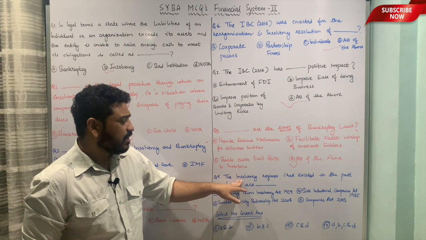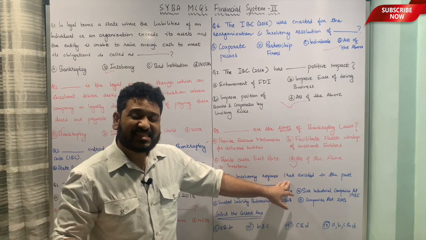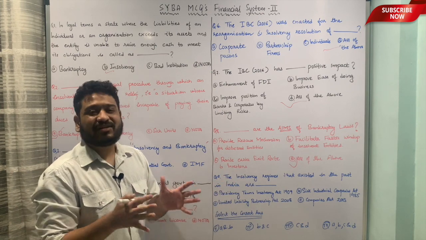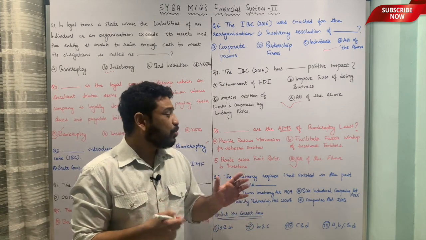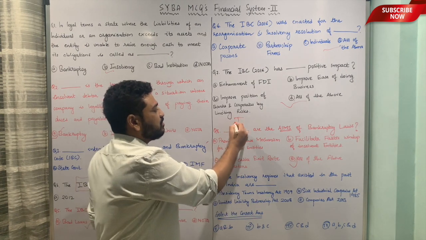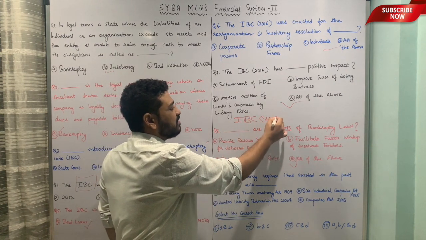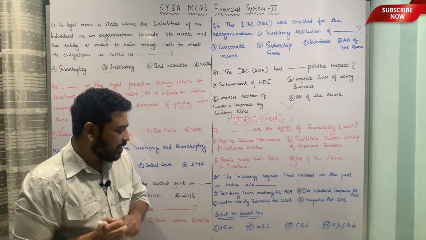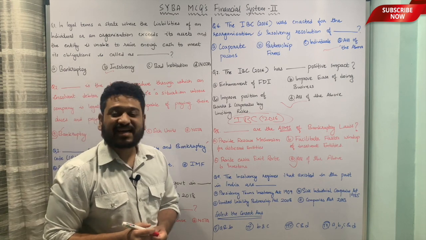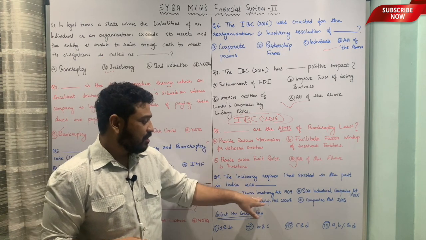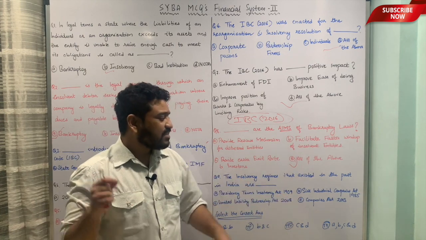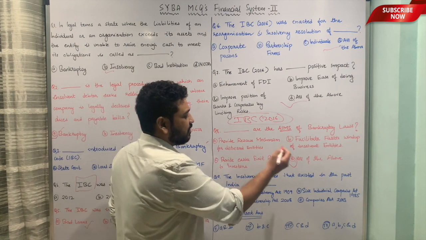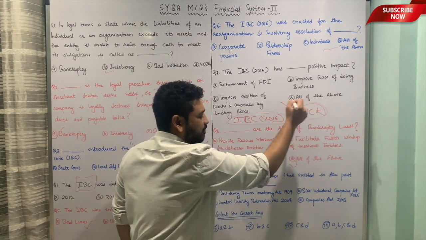The last one is the insolvency regime that existed in India in the past are what? What were the insolvency regimes that existed in India in the past before the introduction of your Insolvency and Bankruptcy Code in 2016? What kind of mechanism existed in India? And the underlying options are A, Presidency Towns Insolvency Act 1909, that means 1909 means this is from the British era. The second is Sick Industrial Companies Act, SICK, I am talking about this, okay.